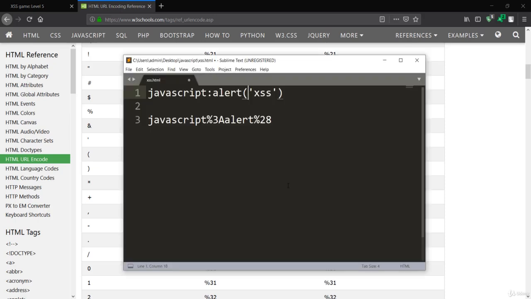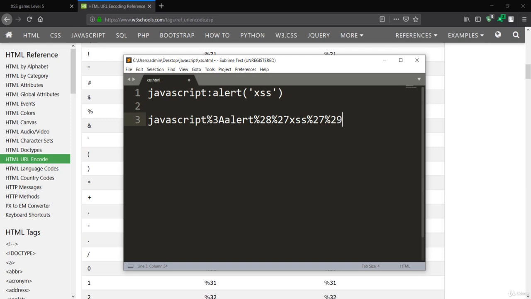So I'll just encode it with percentage 27, and similar goes for this, that is closing the code, which is the same as percentage 27, and the closing parenthesis has the encoding of percentage 29.